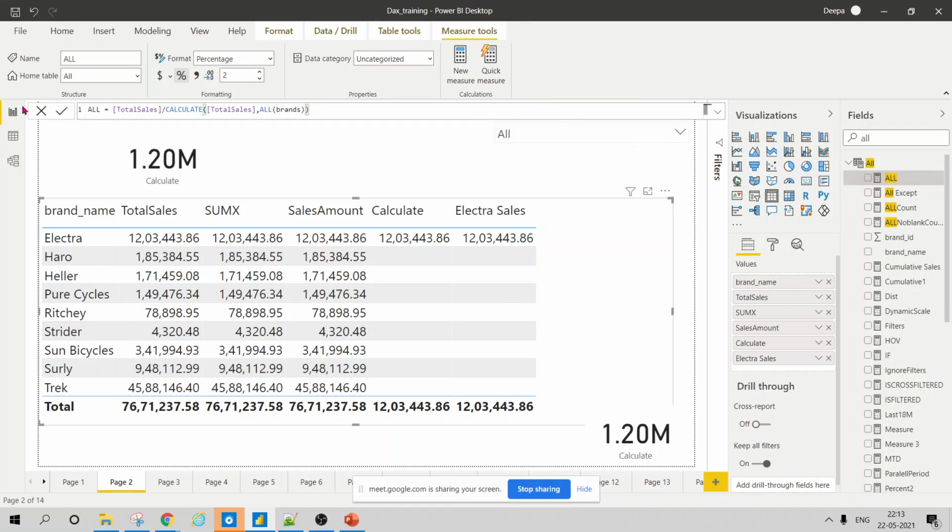So here you see I have done that. It is taking all sales, where I am trying to calculate total sales divided by all brands.